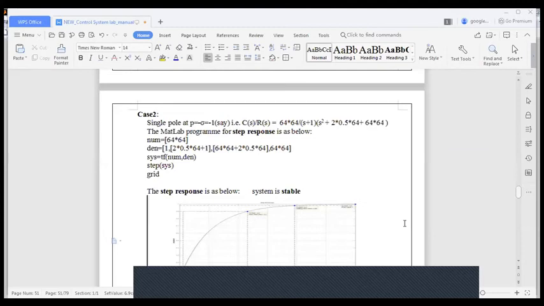There is a change only in the denominator. You simplify and arrange the coefficients in decreasing power of s, and enter the respective coefficients. Now observe the system response. Now go to MATLAB. The same program has been given in the lab manual also. Go to MATLAB, we will see the response.